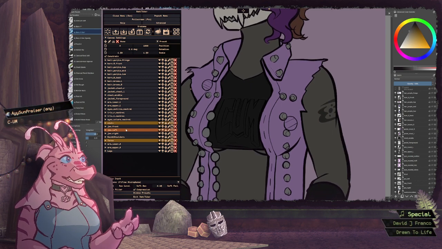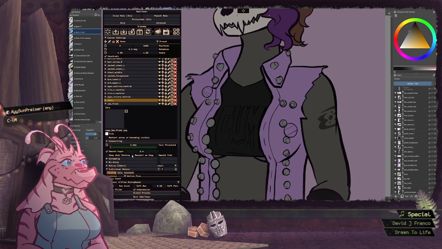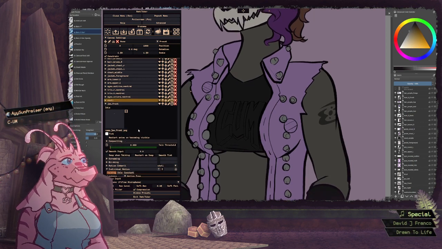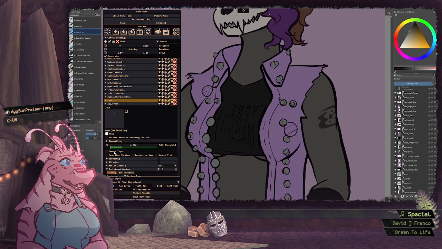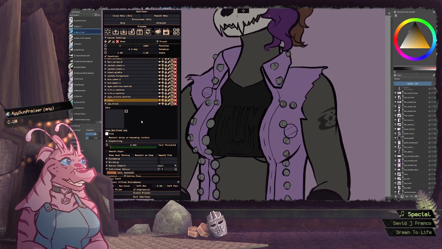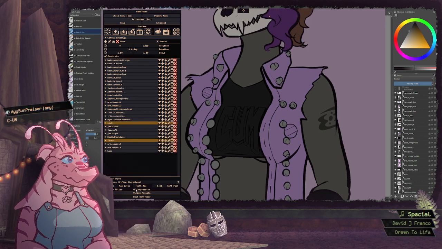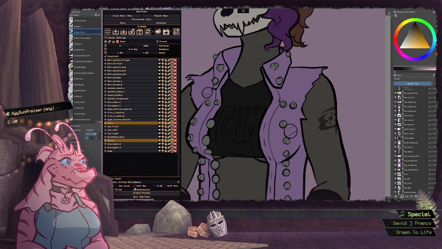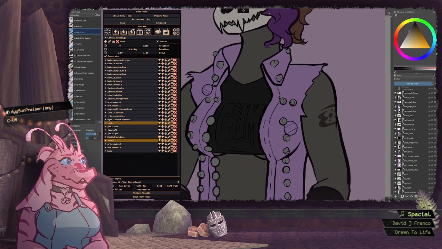That's really strange. Hang on. If I turn smooth input all the way down, it's still doing it. That's really weird. Okay, so that's a thing I'm going to have to debug.